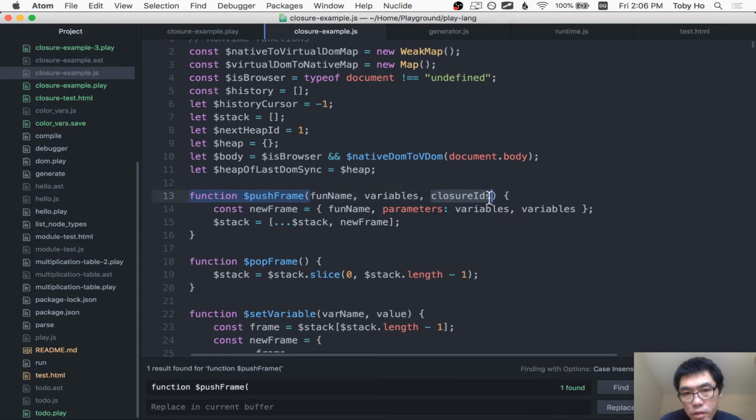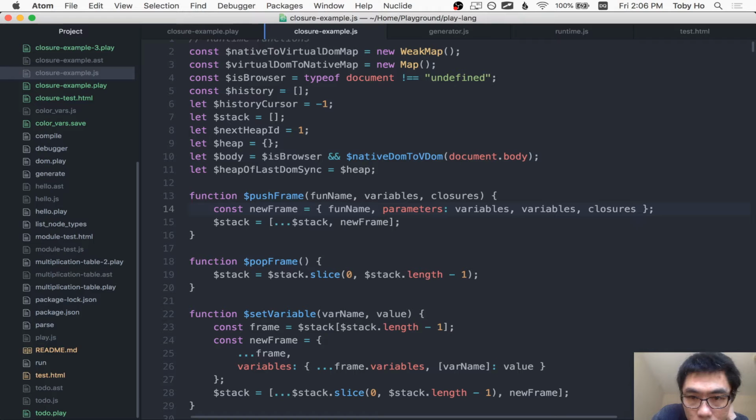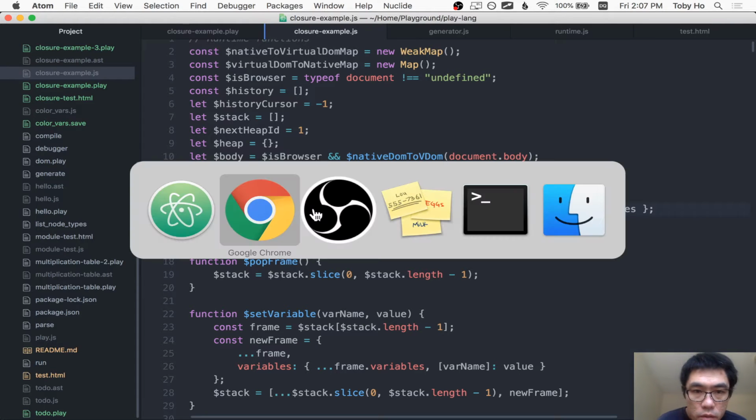Take the closure IDs and stick them into the, I'll actually call them closures, to be less verbose. In certain situations, I prefer less verbosity. Okay, and this is 1 for some reason. Okay, so if you're gonna give me closures, I'm gonna stick it onto the same frame. So now let's run